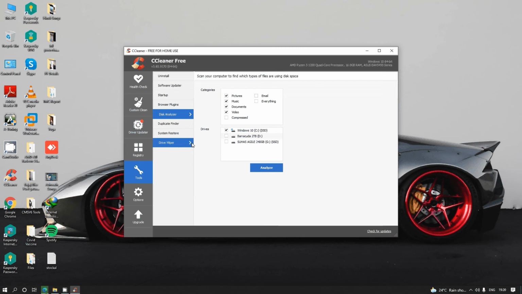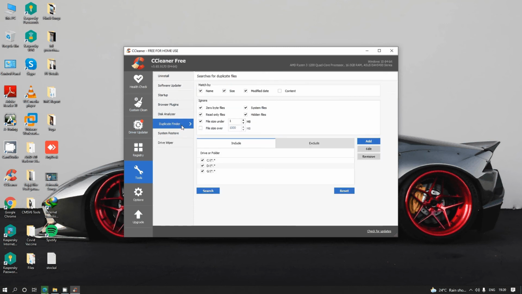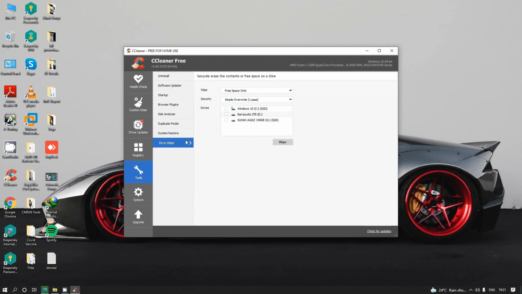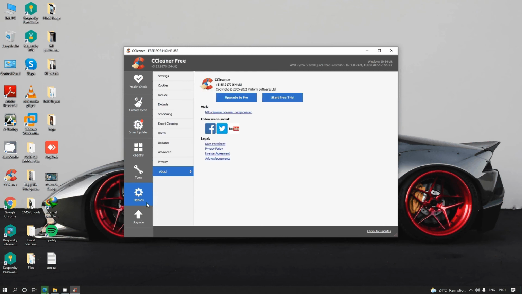You can search for duplicate files present in the system. System Restore points: if the system crashes, Windows needs backup restore points, which we can enable. Drive Wiper means we can erase all the contents of a drive, for example the C drive or D drive.